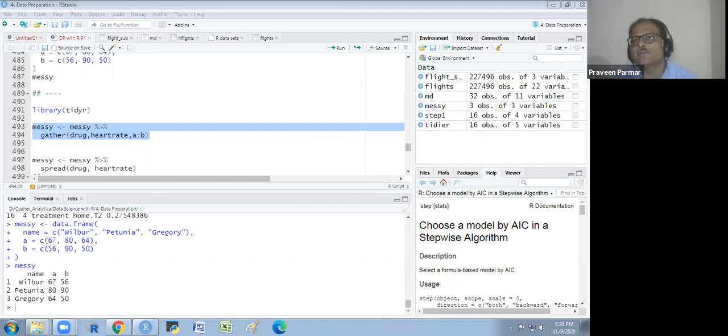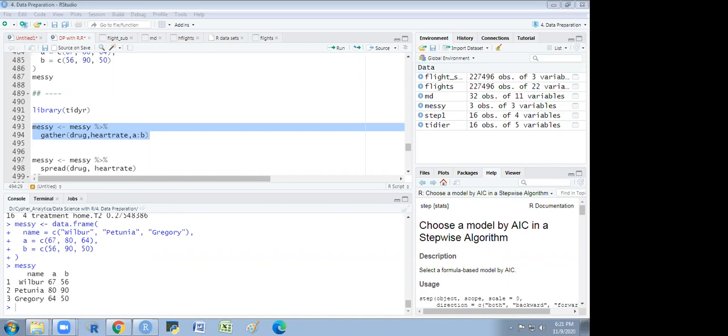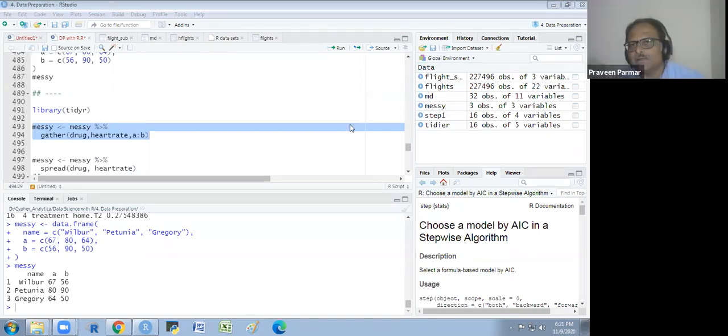You see the difference in both. Where have you copied? On the chat box. Here and the Messi before this gather function. You have not mentioned that. You see in the chat box.